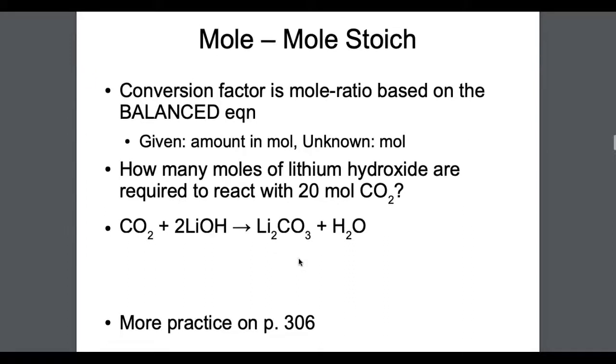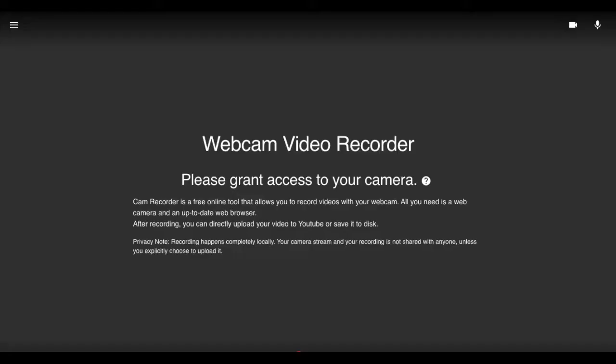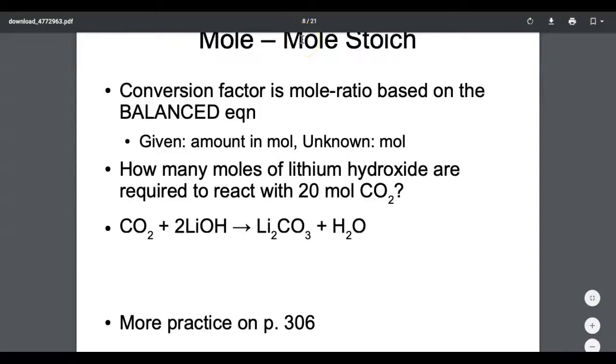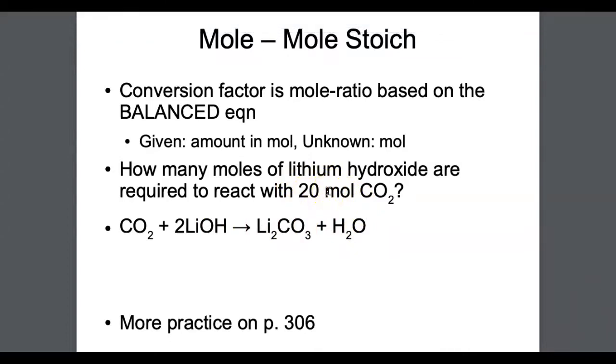So let's take a look at this problem here. We have carbon dioxide reacting with 2 moles of lithium hydroxide to produce 1 mole of lithium carbonate and water. So we got our balanced chemical equation. Now, numerical value, this is probably going to be our given. So our given is